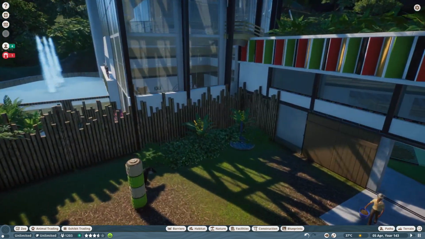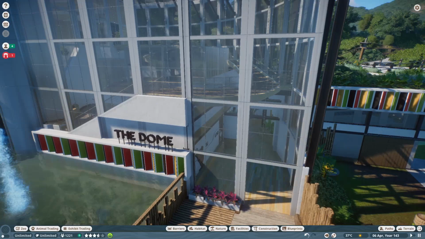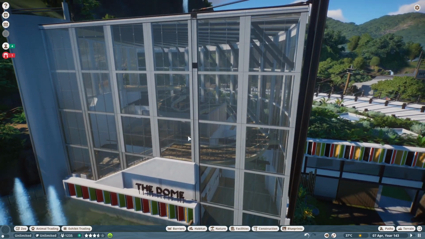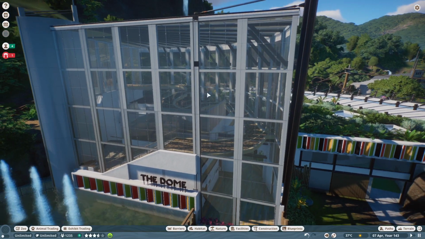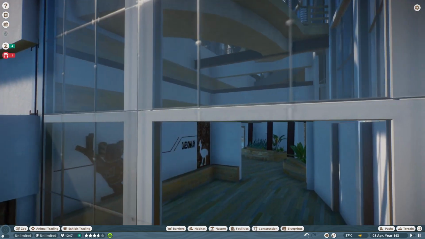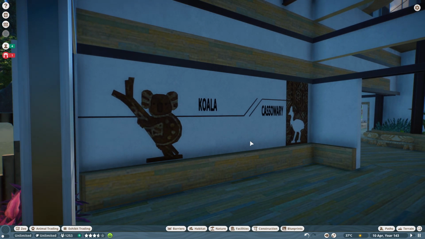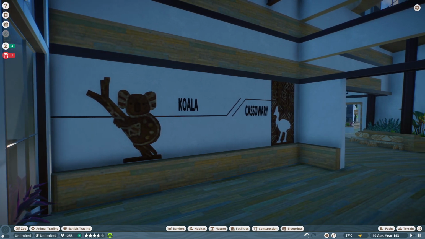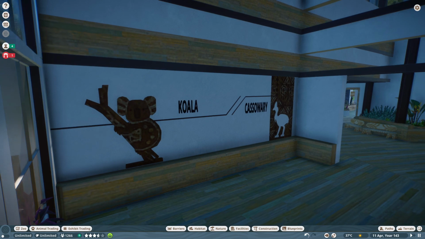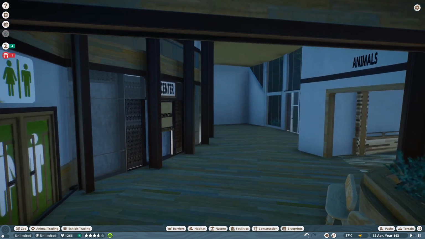But right now we are doing some koalas, and you probably guessed that we are going to fit them in the dome. Yes, a big lot of changes in here. So far I changed all the wood to the ones from the new Australian pack. I really love it. I've put in some new decorations. We will decorate more to the